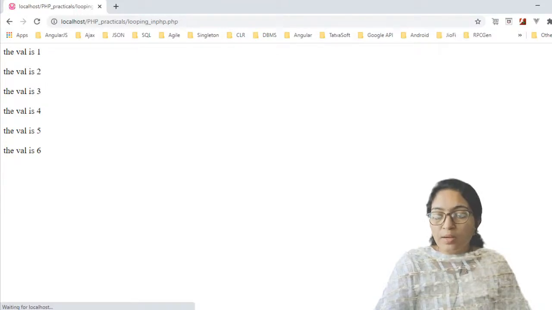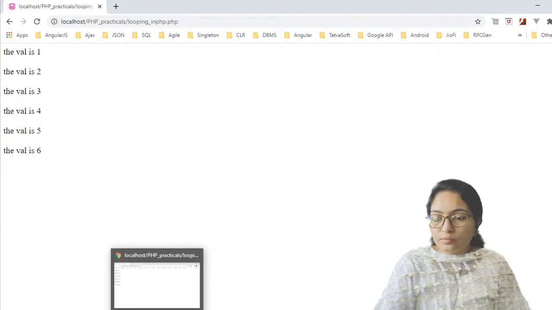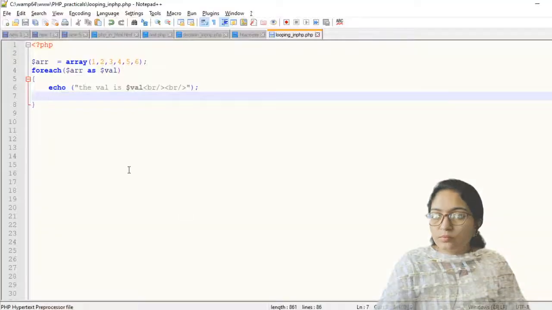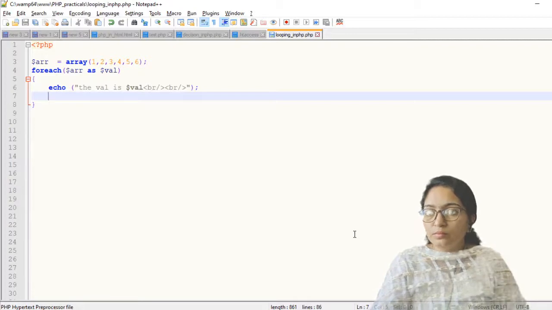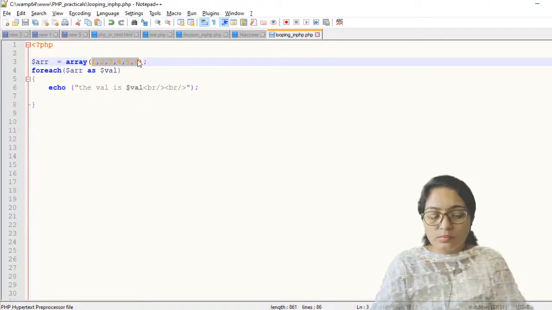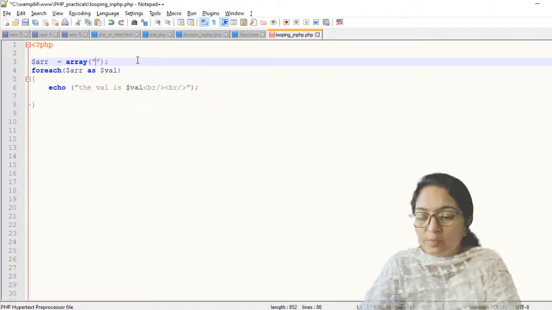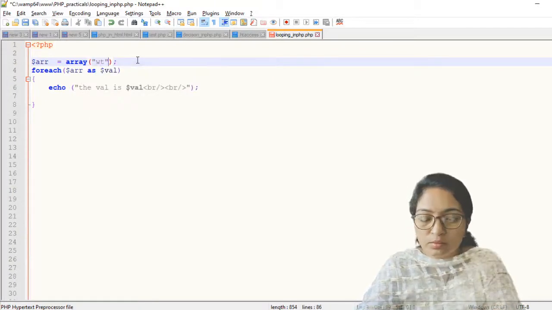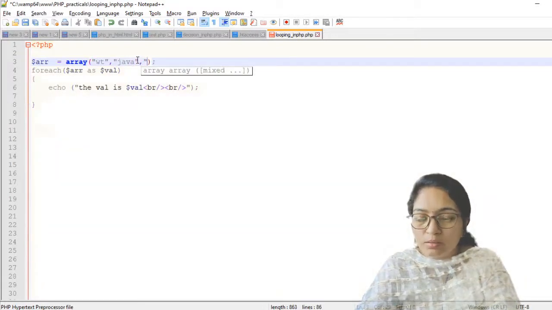Now here, write it as a string array. Suppose I am writing the subject WT, then I am writing Java, then I am writing, sorry, Ada.